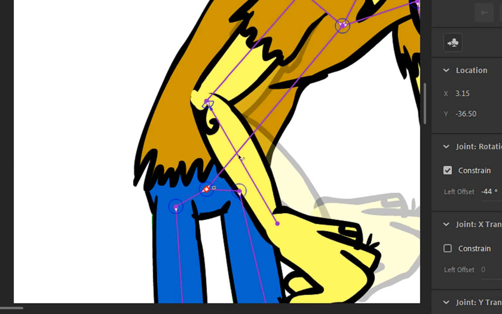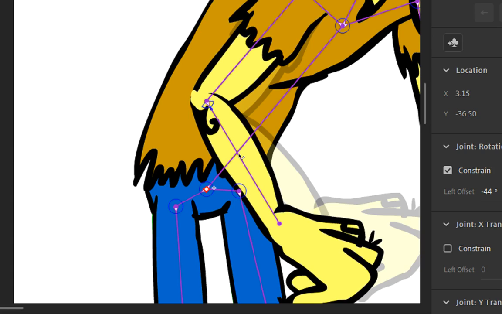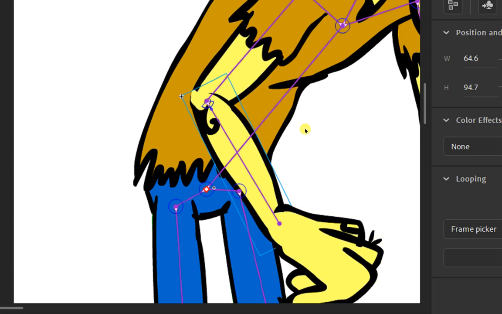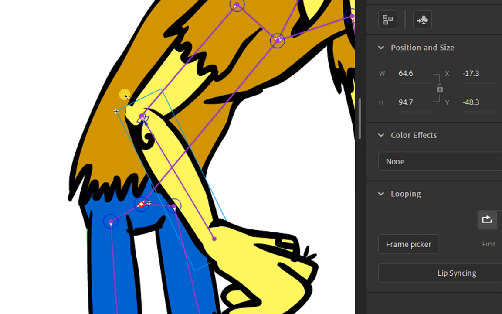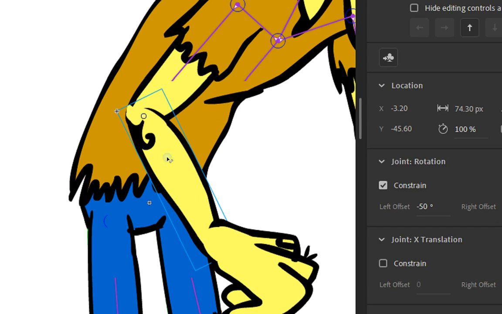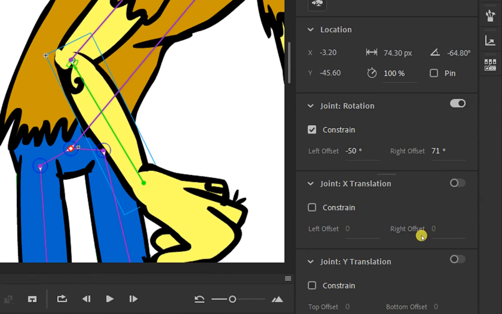So that's what a constraint can give you. It can give you more of a realistic constraint on the movement of the character. Again, for the walk cycle here, it's not important. I just want to show it to you in case you're at a point where you want to try experimenting with it. Now you can also constrain position as you're working with bones, but I have to tell you that